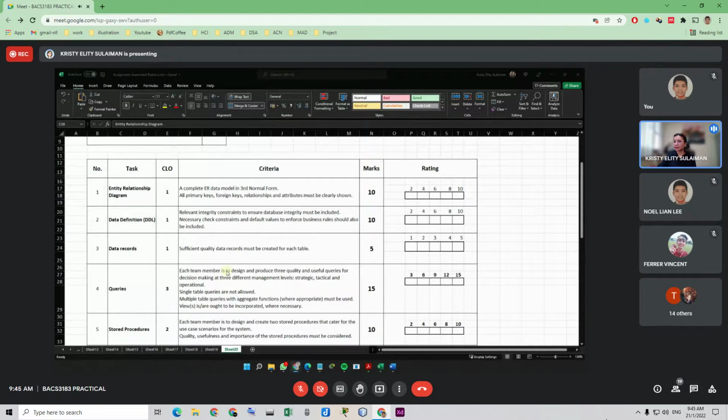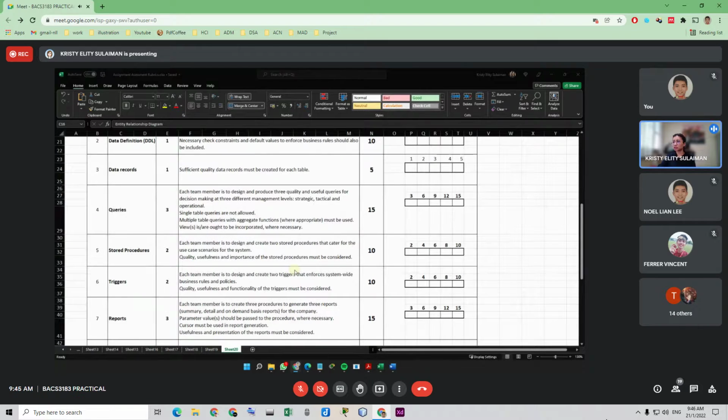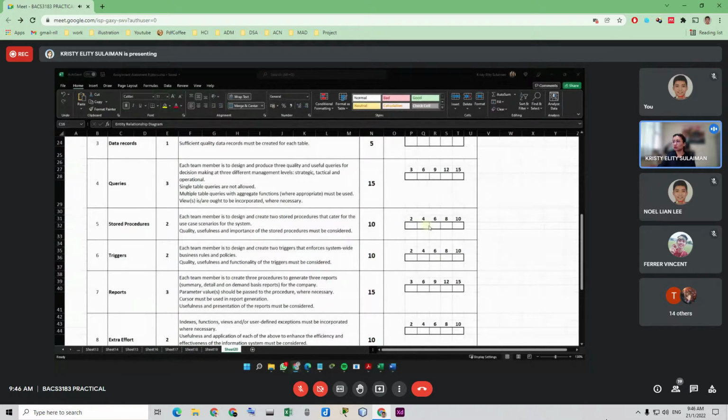And then queries. This one is all referring to the assignment instruction just now. These are just to show you what marks I can award to you. Stored procedures are 10 marks, so you can get 2, 4, 6, 8, 10.